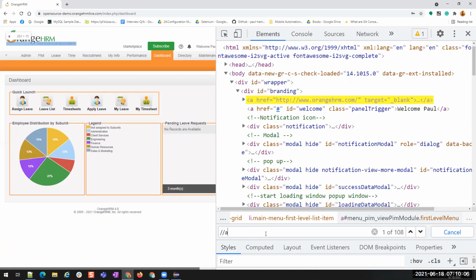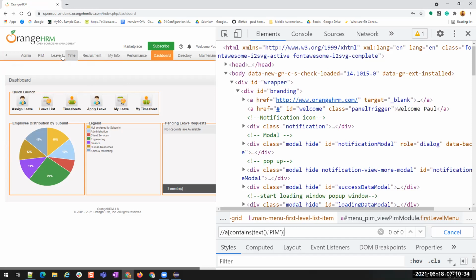You want an A tag, and then I'm going to apply some conditions to that, where contains text is equals to PIM. Sorry, it's a method, right? So we have to pass them as parameters, comma. Now, still, is it able to find?